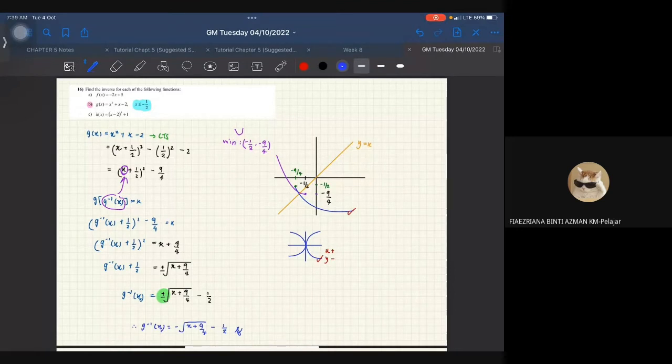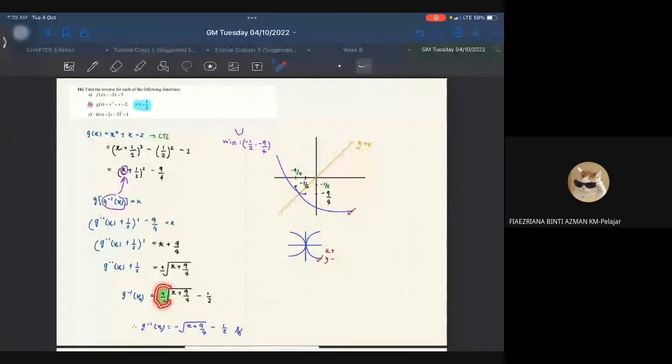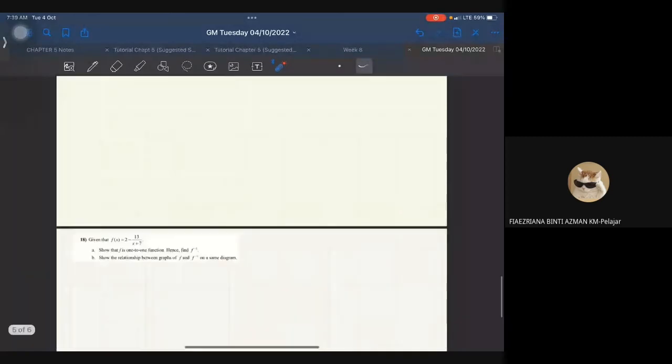Okay, so bila kita cari dia punya inverse, kita memang akan dapat dua jawapan yang berbeza. Maksudnya we are going to have the positive and the negative part. Tapi awak tak tahu, awak nak ambil yang mana satu? Is it the positive one or the negative one? Okay, so one method that you can do in order to determine your final answer is by drawing, sketching a graph. Okay, so itu sahaja for number 16. Okay, so saya move on to